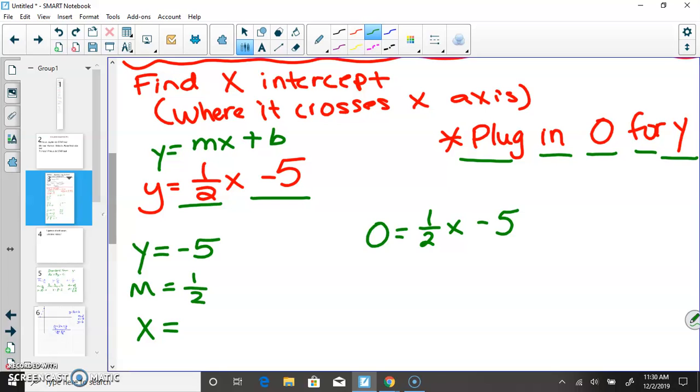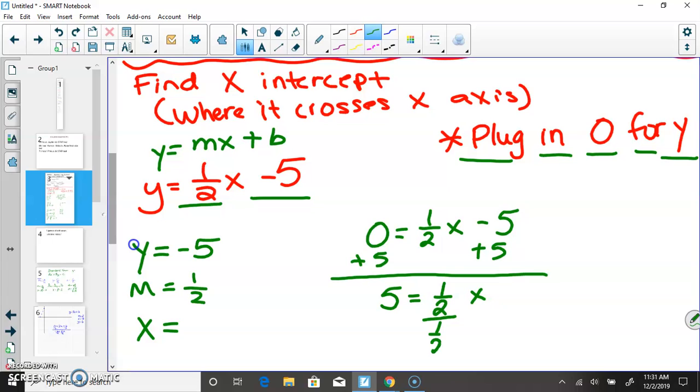I need to get that -5 to the other side. How do I do that? Add 5. So you're left with 5 equals 1/2 times x. I need to get x by itself. How do I get x by itself? Divide by half. So what is 5 divided by 1/2? Do it on your calculator. 5 divided by 1/2 is